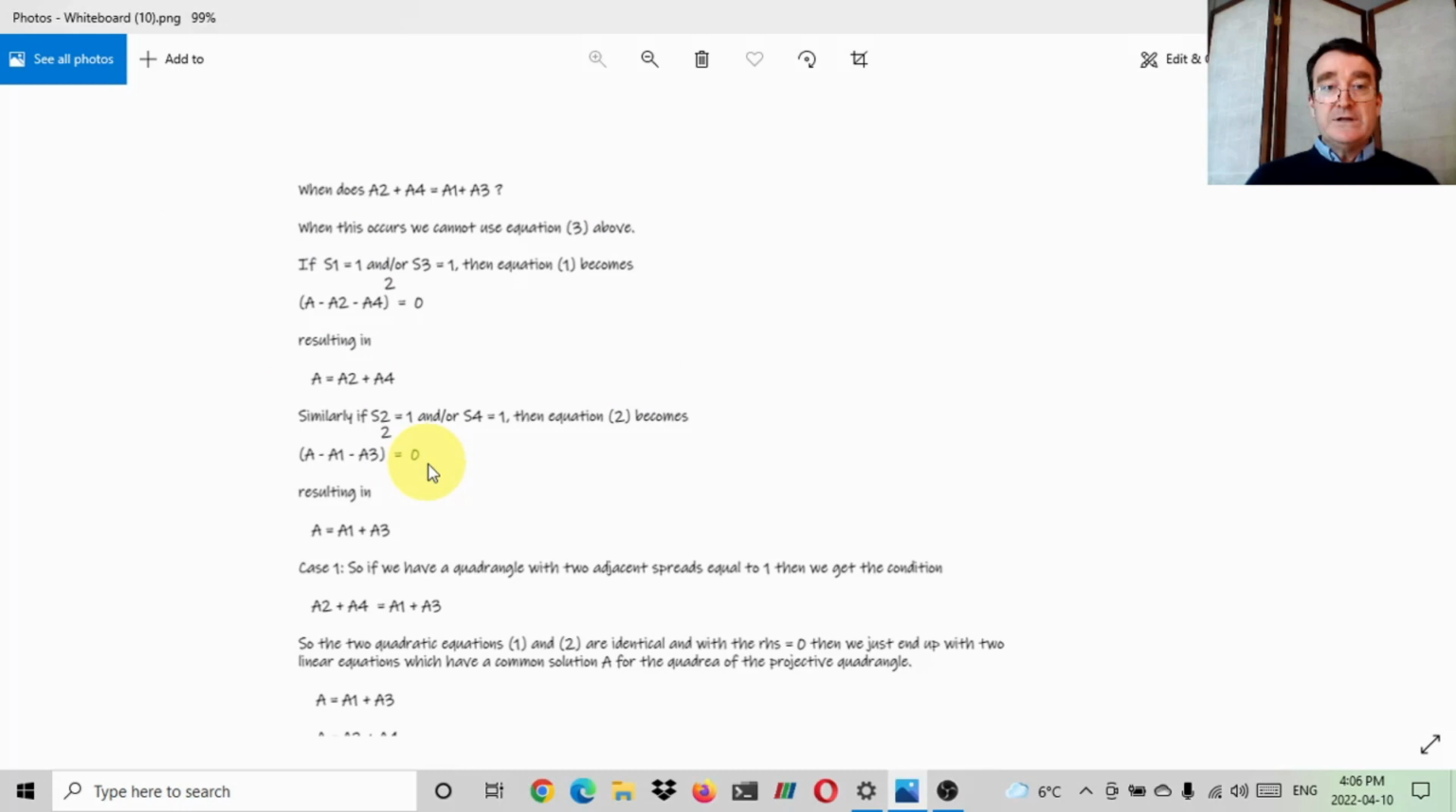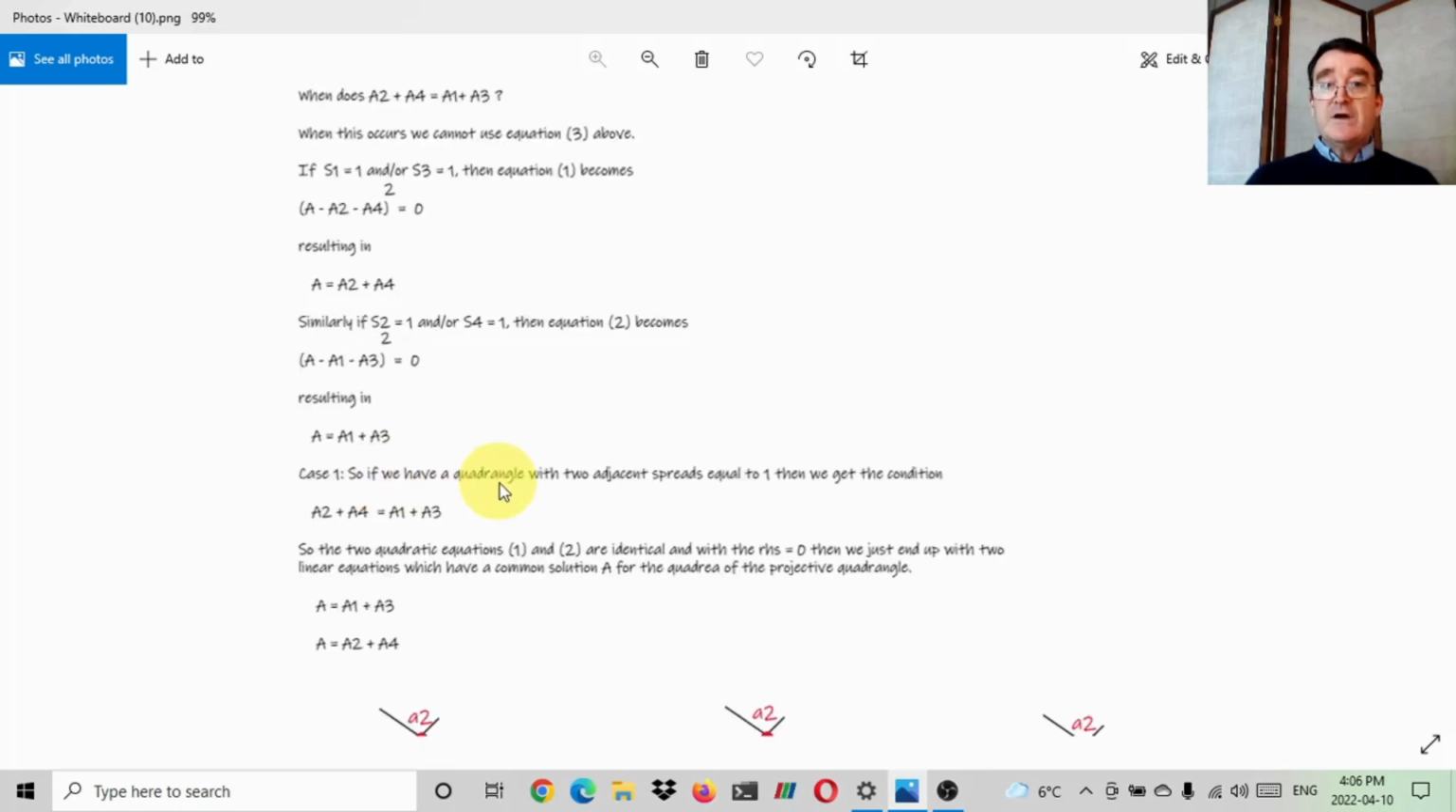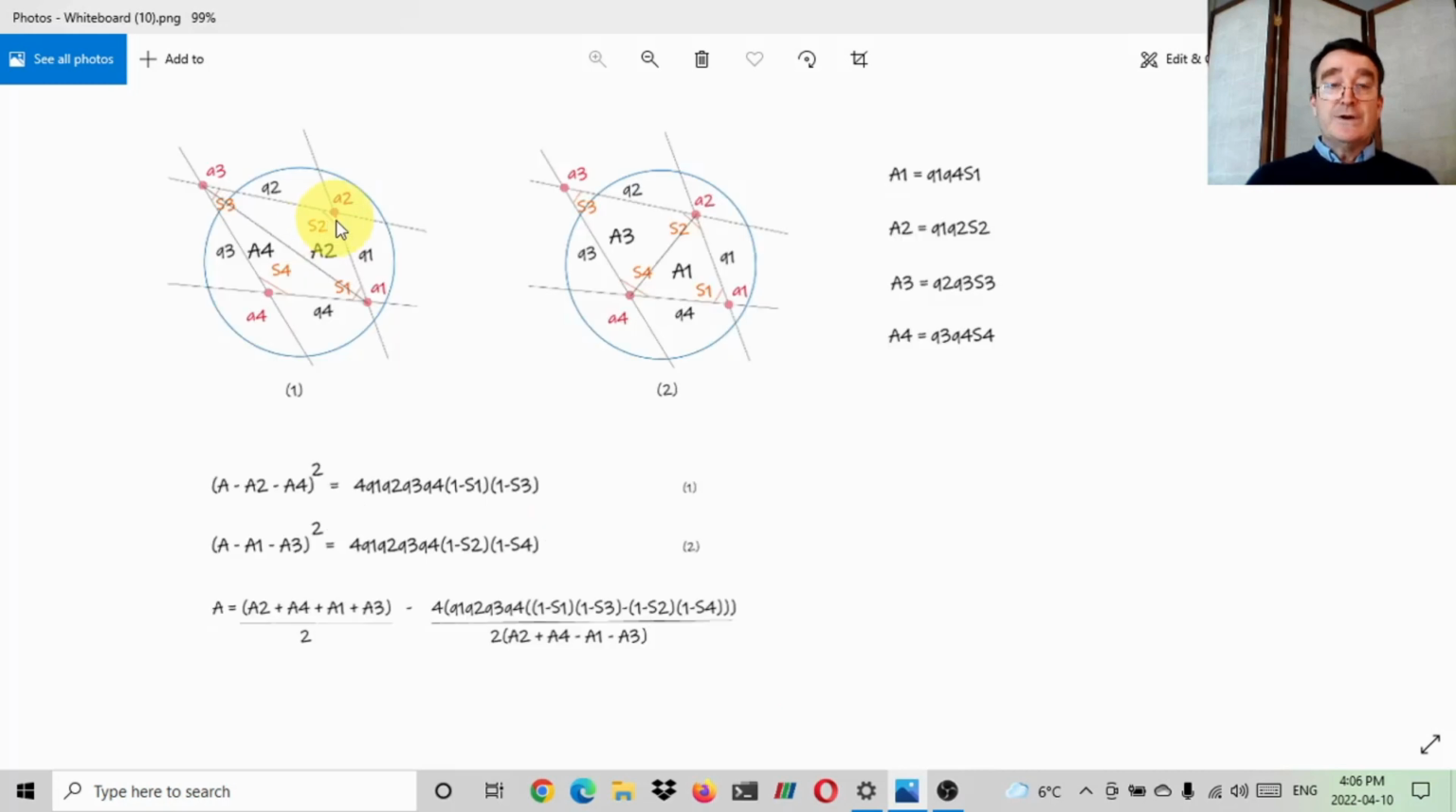So the two quadratic equations 1 and 2 are identical, with the right-hand side equal to 0, and we just end up with two linear equations which have common solution A for the quadria of the projective quadrangle. So A is either A1 plus A3 or A equals A2 plus A4 when two adjacent spreads in the quadrangle are equal to 1. So the next case, case 2, is we have this quadrangle A1, A2, A3, A4, and